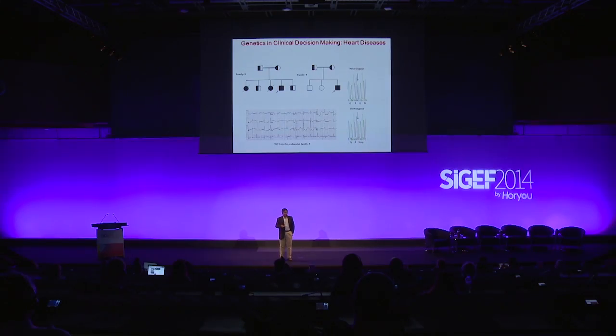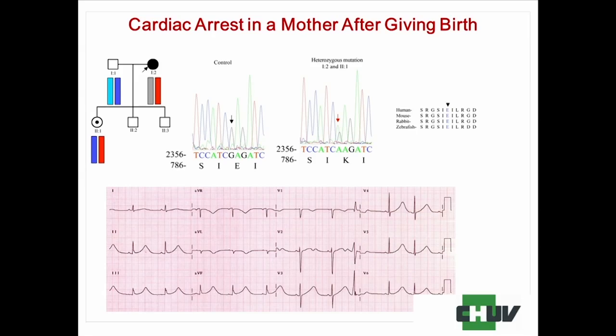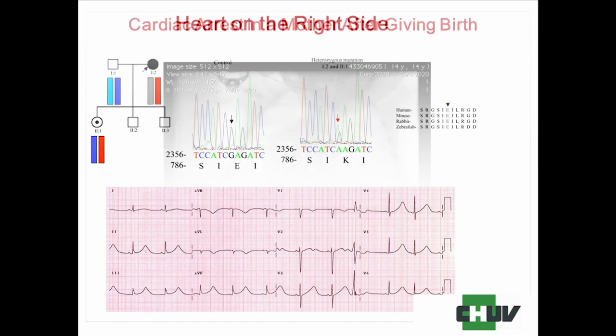And this is another family, a similar type of family, where there were a lot of abortions and a lot of miscarriages. Even when the child was in the uterus, at the intrauterine stage, the child had cardiac disorders. Eventually we found out the reason for that. So we are now offering counseling in this family so that there is no sudden death due to this genetic defect. And this is another patient with a similar thing. The mother, after giving birth to a baby, had a cardiac arrest. This could also be due to a genetic defect.